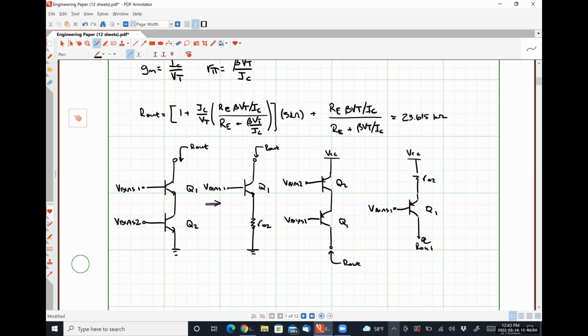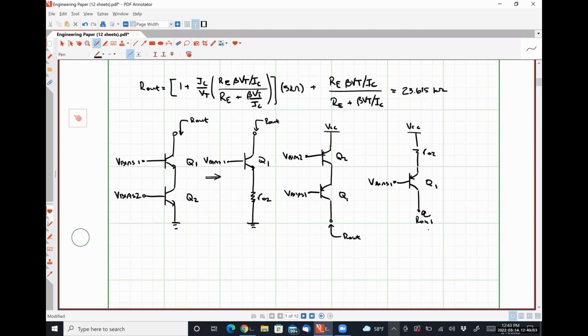So in a cascode configuration, our output resistance, and this is literally directly from our previous output resistance with a simple emitter degeneration resistor, is given by 1 plus GM1 times R02 in parallel with R pi 1 times R01 plus R02 in parallel with R pi 1,